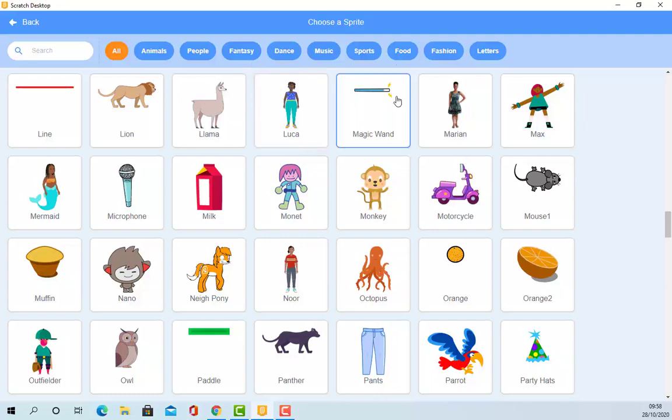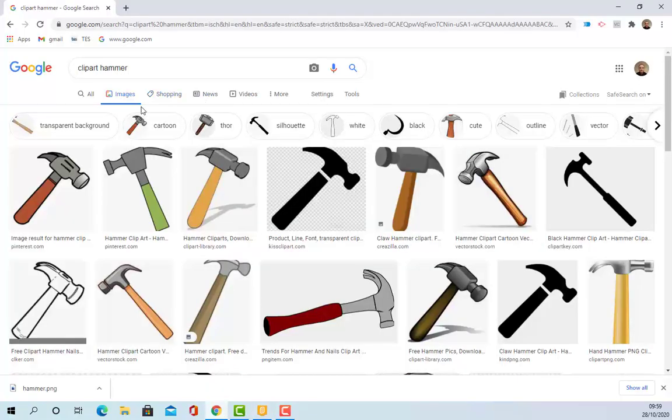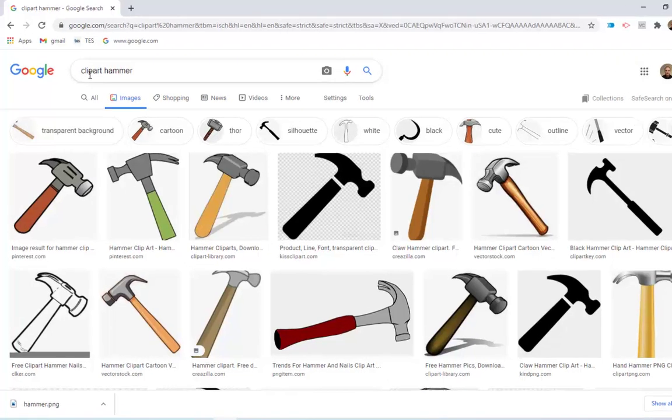library here. But you can have a look through for stuff that you might want to use in any games that you build. But if you're out of luck and you're not very good at drawing rectangles, which is a bit of a stretch because everyone can draw a rectangle, but let's say no, you're saying this is not professional, I want professional proper hammers. What you can do is this. If you head to Google or any search engine of your choice, what I've done is I've typed in clip